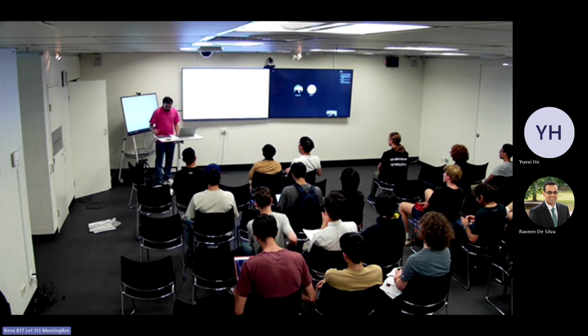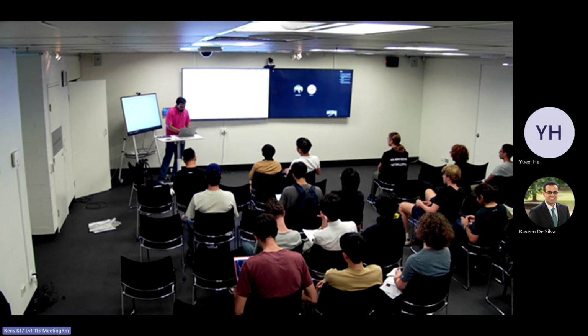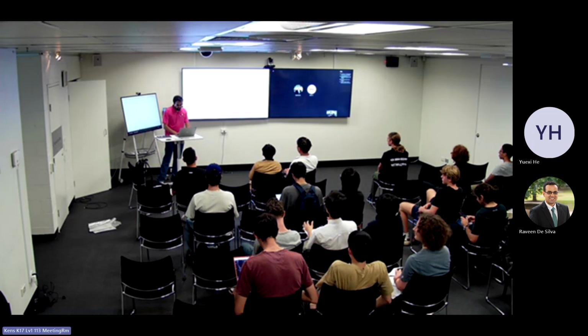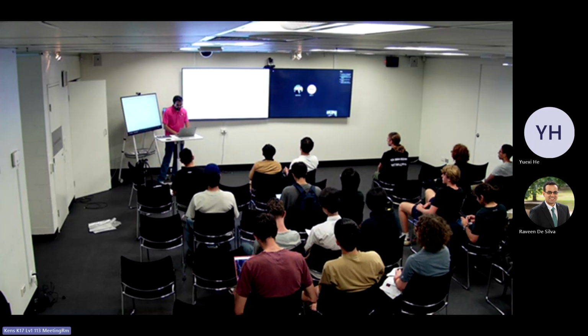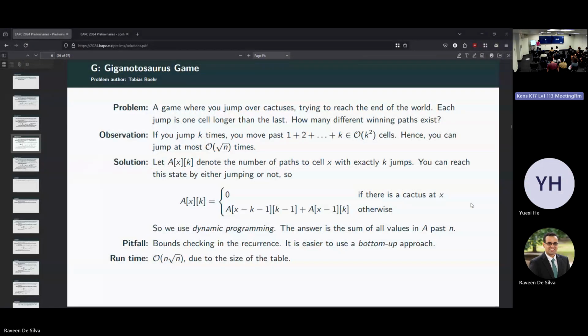Cool. The next problem to talk about, I'm pretty sure, will be problem A. We can go back to the tutorial. The important observation is that K is again up to square root of n, otherwise this would be no good, not even worth thinking about what the recurrence is. If there are too many states, like 10 to the 10, you cannot possibly solve them all in 10 to the 9 amount of time, right? So you have to do something else.